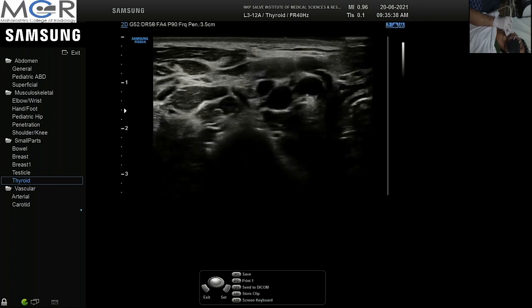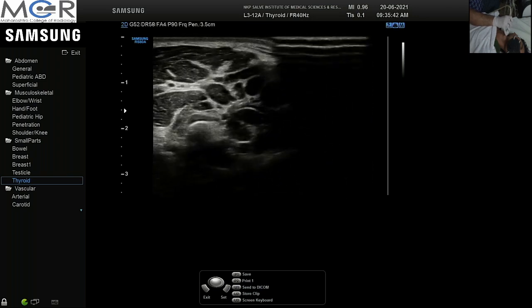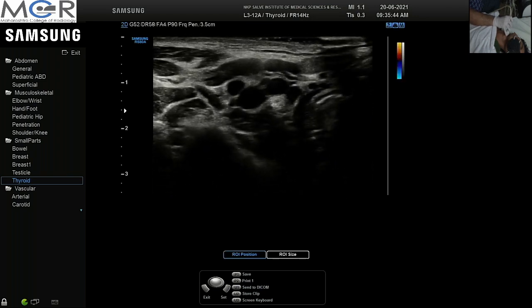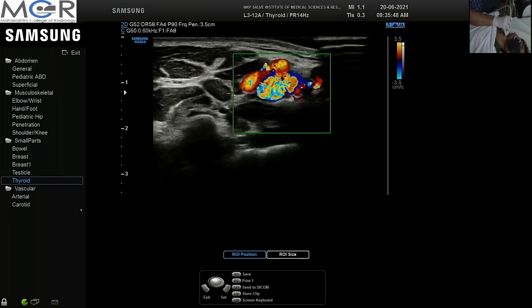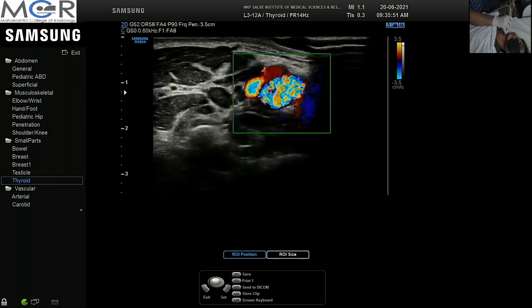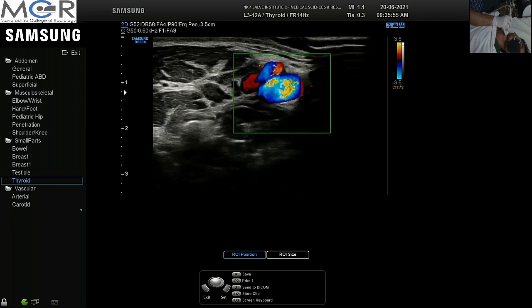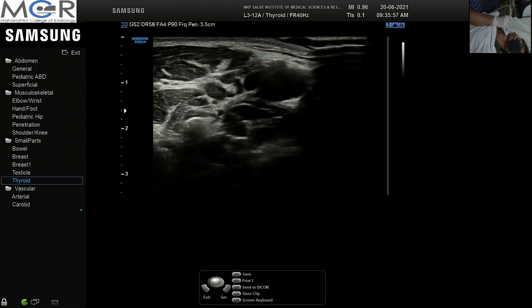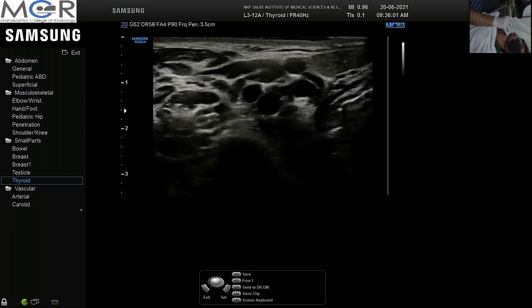So as I come down, I see this is the carotid bifurcation here. The internal jugular vein is just lateral and slightly anterior to it. And there I also find the jugulo-digastric node,